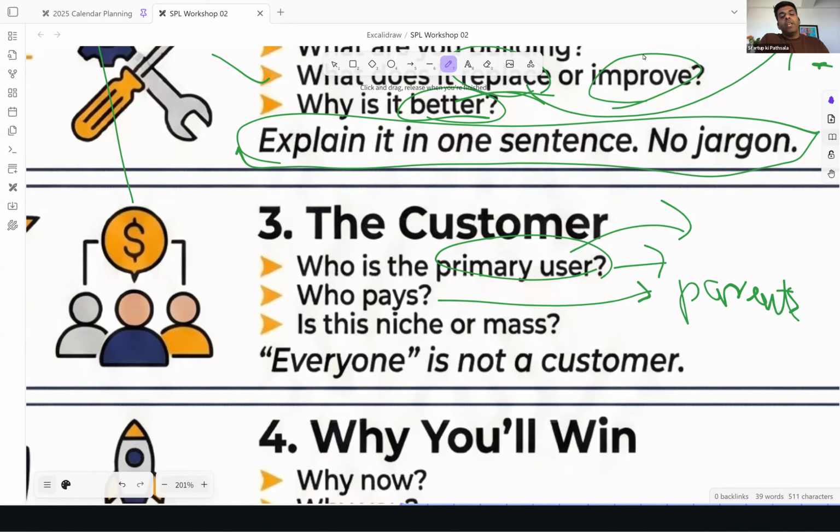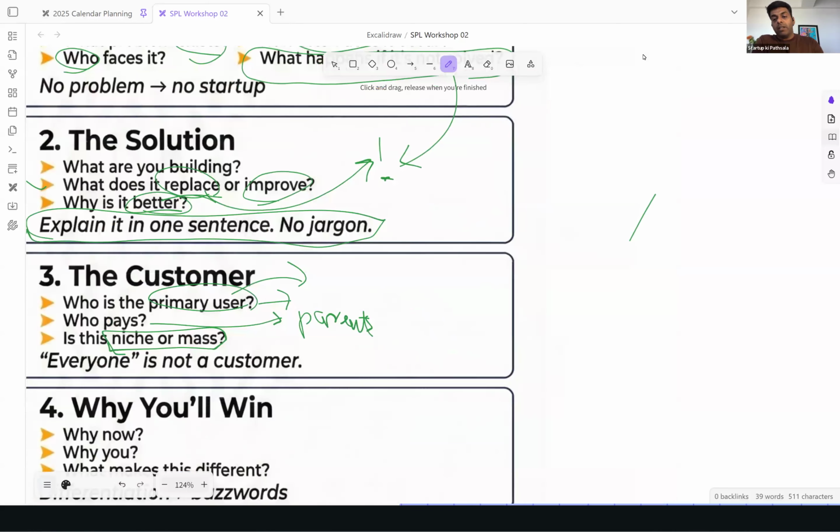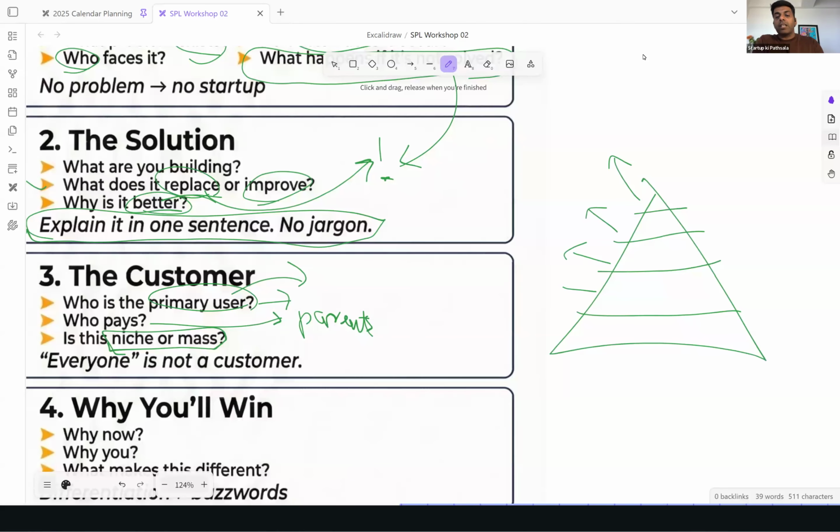And the next part is, think about who fits into your customer. Generally you can think about a customer base as a pyramid. You have different layers of the pyramid. We organize this pyramid based on the customer's paying capacity, or the customer's earning capability, incomes. In India, it is primarily like this. Frankly, it is actually much more like this. It's a large base with a small top.